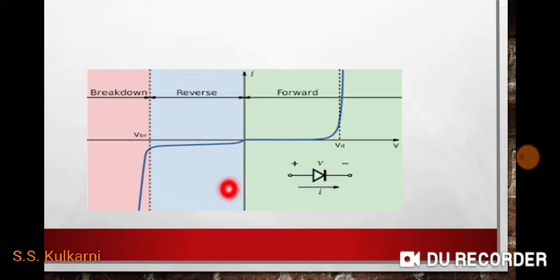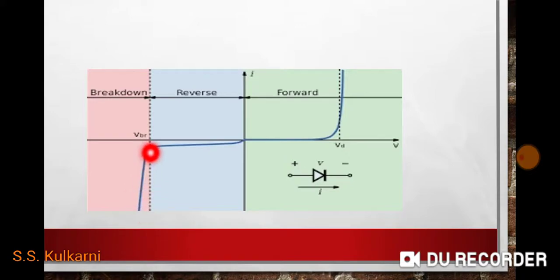The blue part is known as the reverse bias zone, whereas this pink part is known as the breakdown zone. So what happens initially: when a small amount of voltage increases, a small current increases up to this point. Here there is an increase in reverse bias, but the current is very small. Hence, this region is known as the reverse region, exactly similar to the normal diode. At a particular voltage, that is the breakdown voltage, also known as Zener voltage, there is a tremendous increase of current in one direction.